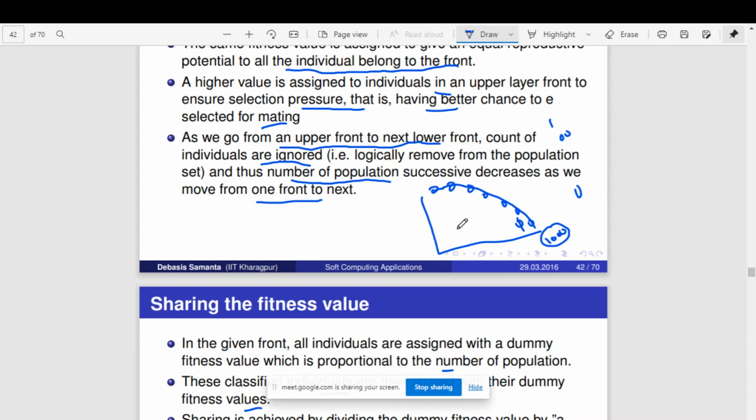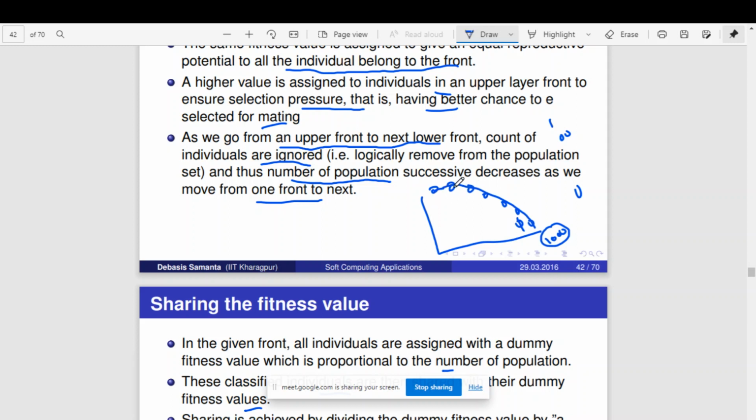I guess you are following. So could someone summarize how this niche count works? Is it always 1000 divided by what? Divided by 1000, I gave an example. What is that? That is the dummy fitness score. What is the dummy fitness score?